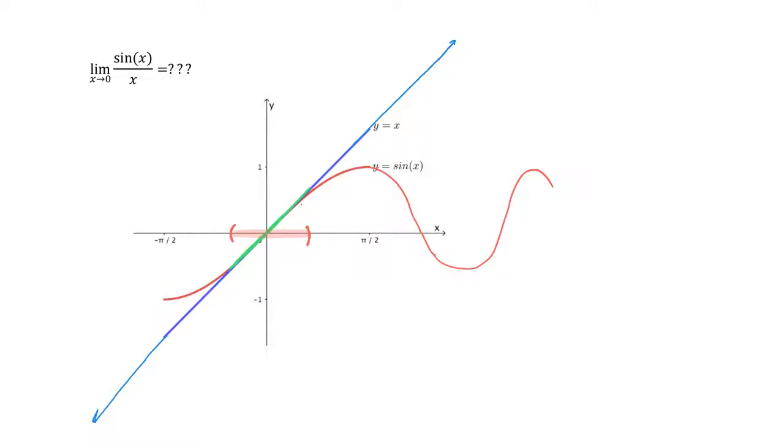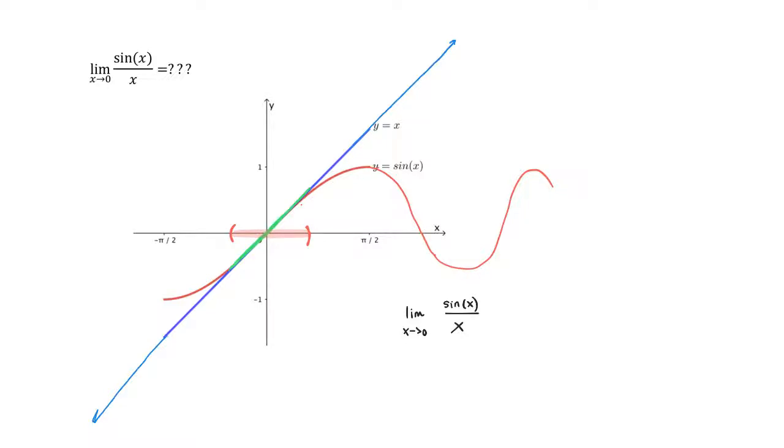But again, around 0, y equals x is pretty much identical to the sine of x. So with that in mind, we can do the following. The limit as x approaches 0 of sine x over x,